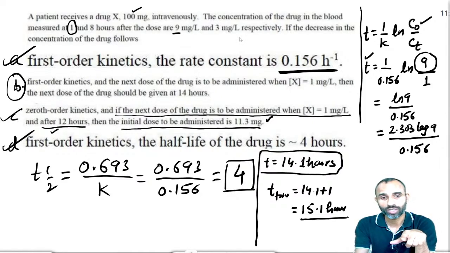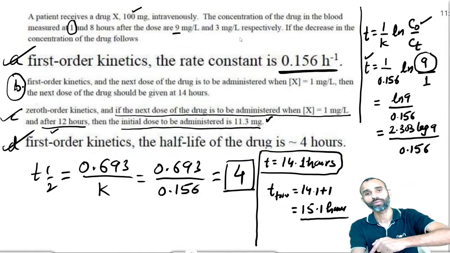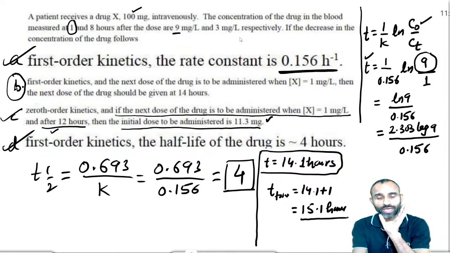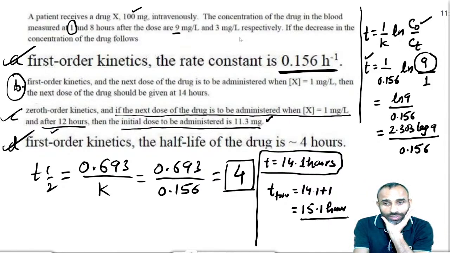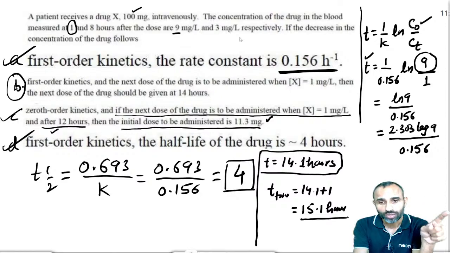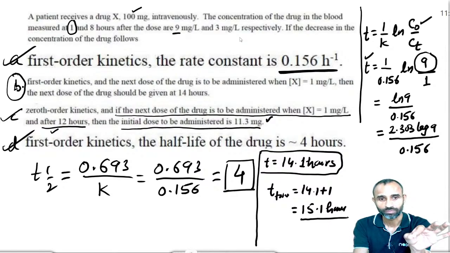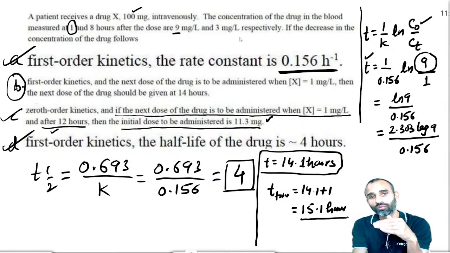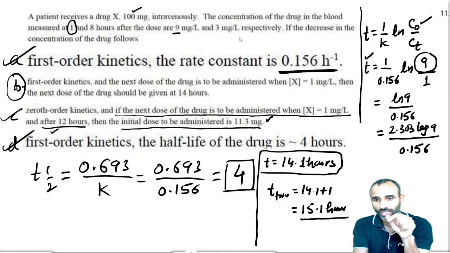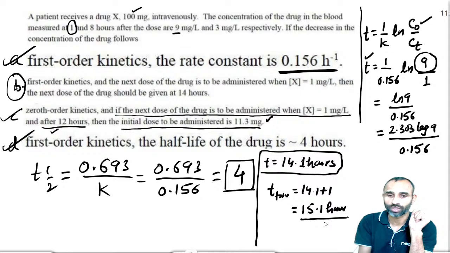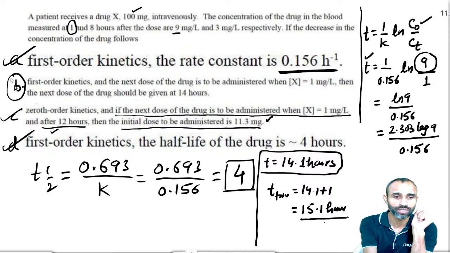The time taken to convert 9 milligram to 1 milligram is 14.1 hours, but the drug was given intravenously 1 hour before the time count starts. That's why it should be 15.1 hours. So that means option E is